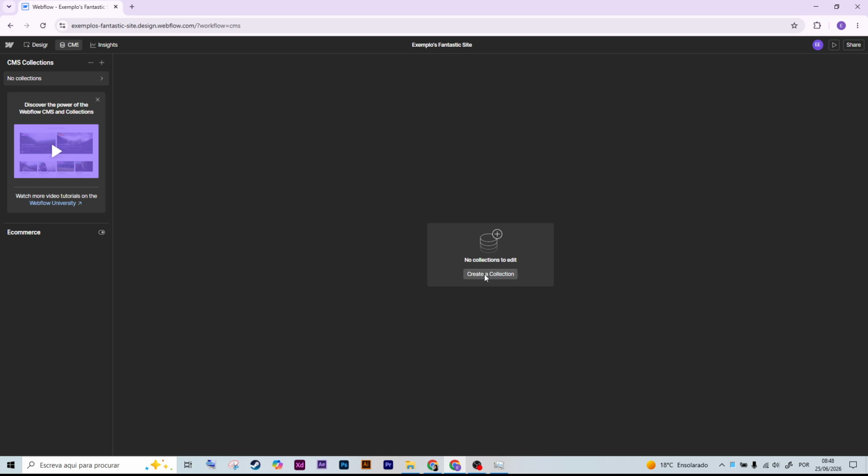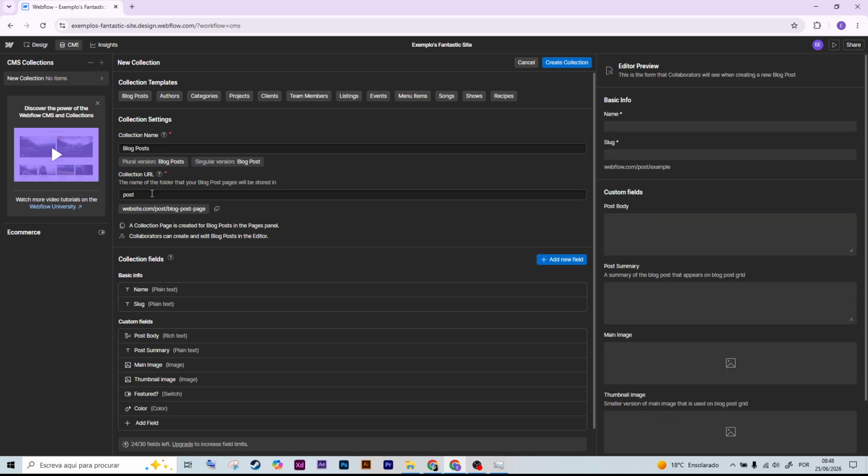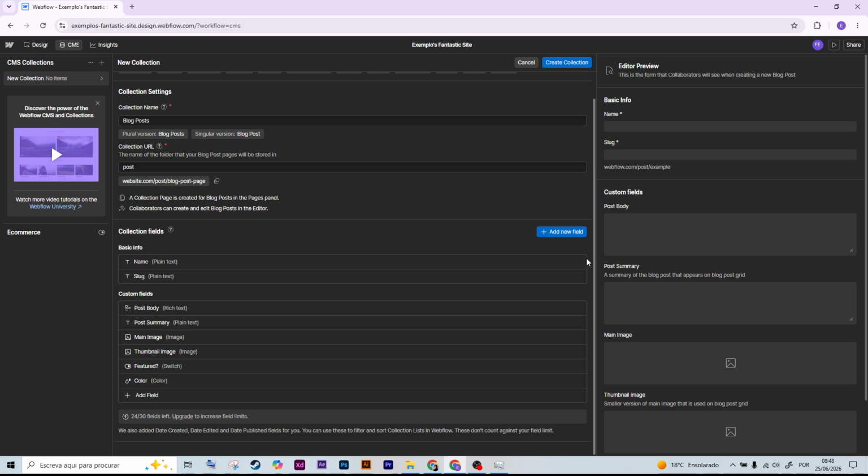Next, click Create New Collection. Give your collection a name, such as blog posts, projects, team members, or products, depending on the type of content you want to manage. Webflow will automatically create some basic fields, and you can add your own custom fields as